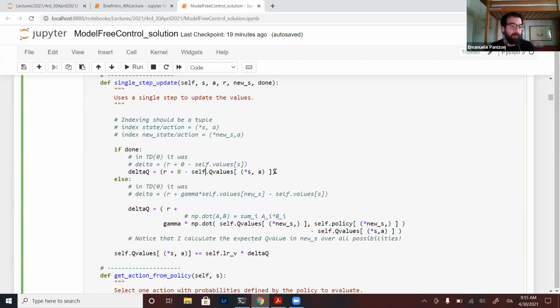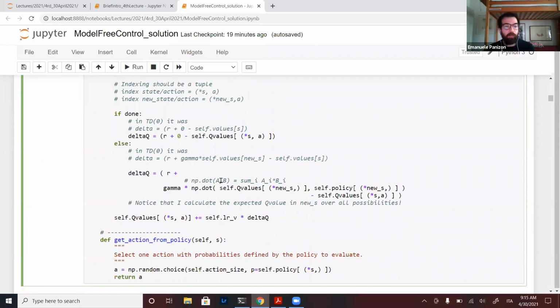So you see that in a sense it's identical. Instead of having the value only for the state, I have it for the state-action pair. And if the episode is not done, so I am in a new state from which I can do actions, in TD0 the delta was the reward plus the discounted value of the new state minus the value of the old state.